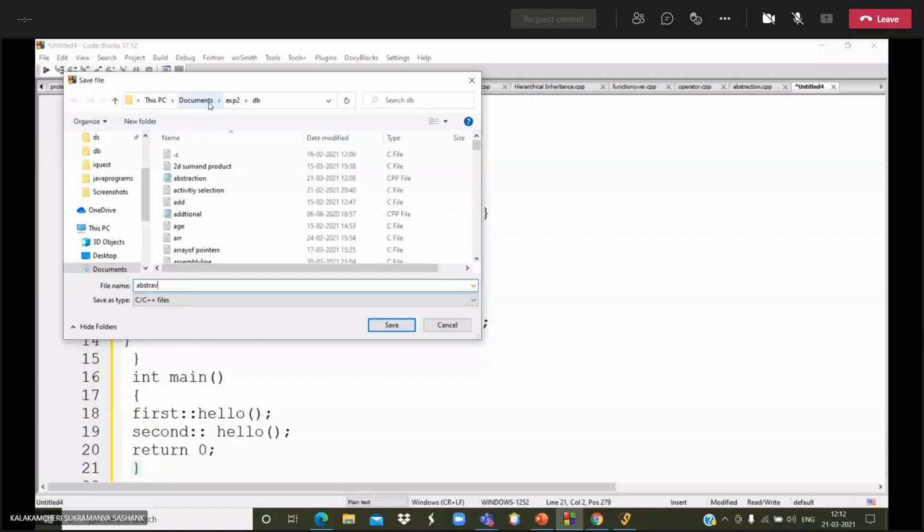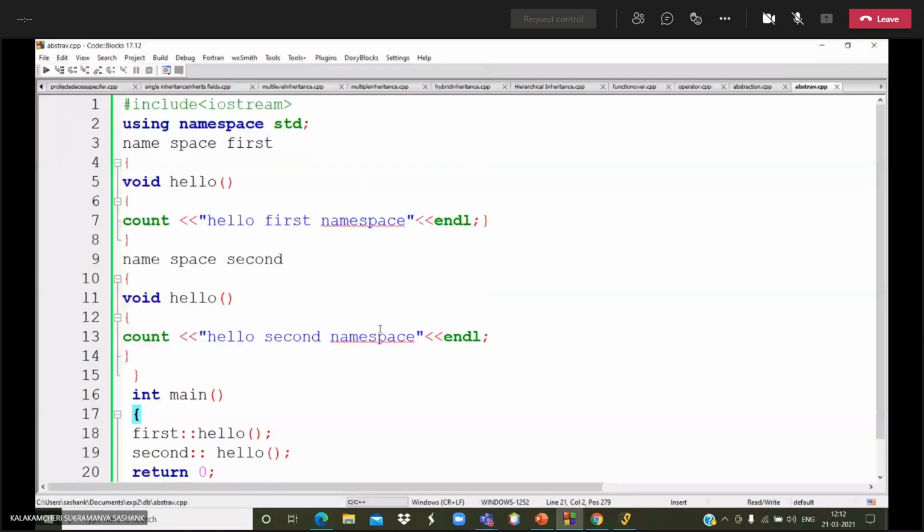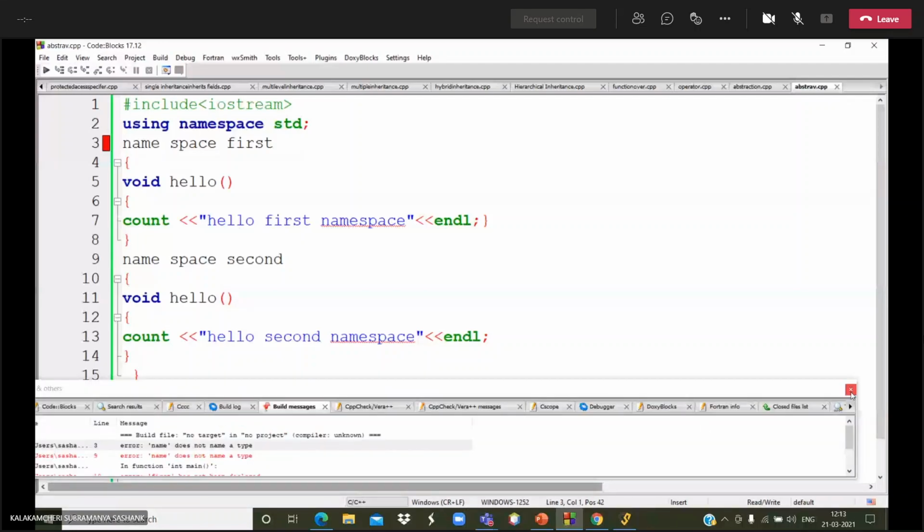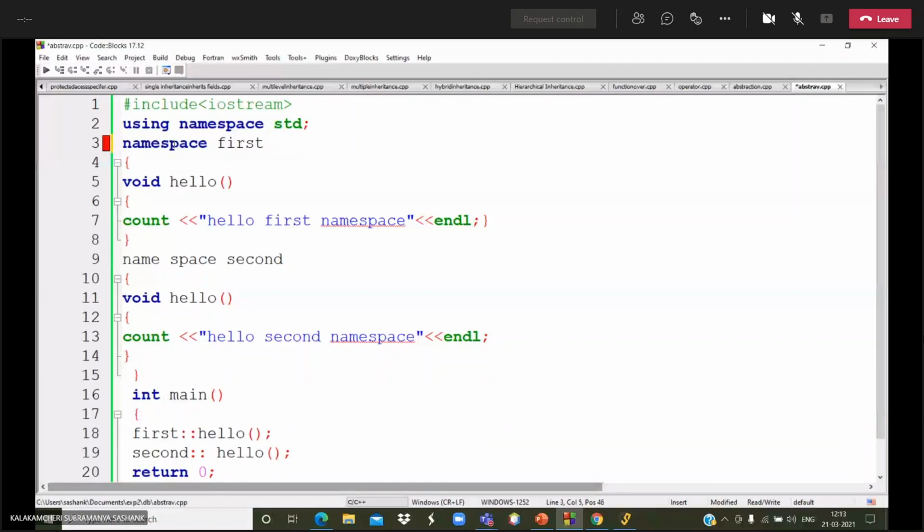With the help of the cpp extension, I am saving the file. See, it shows an error. Why so? If you give a space, it will give an error also. See, space also matters.